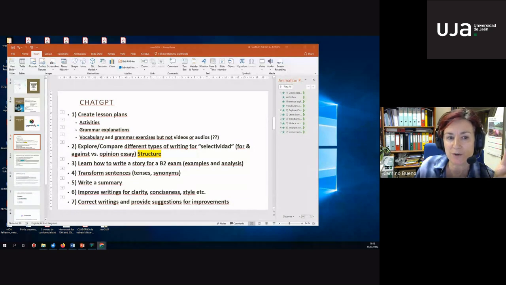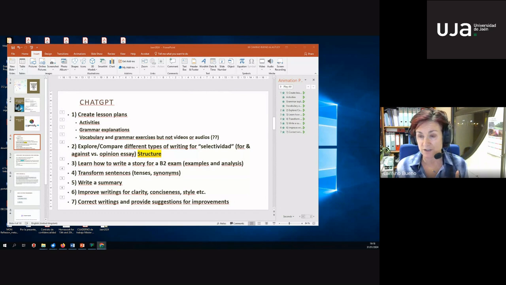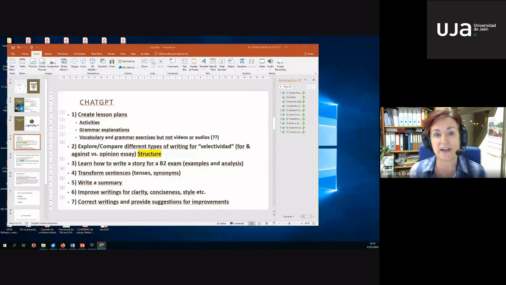And I'm going to explain 2 sessions. I have created 2 sessions to do that with ChatGPT. Another activity could be learning how to write a story for a B2 exam, asking ChatGPT for examples and analysis, which I'm going to show you how to do.